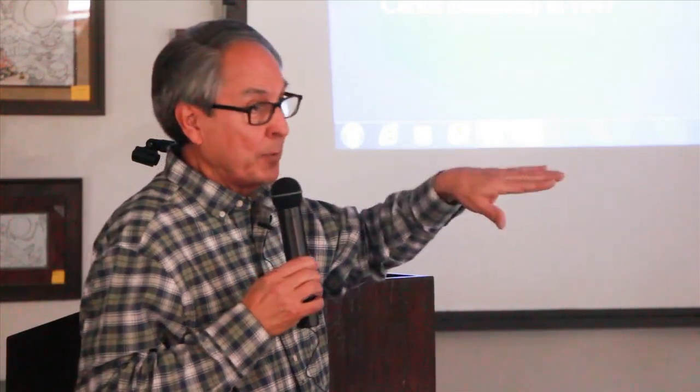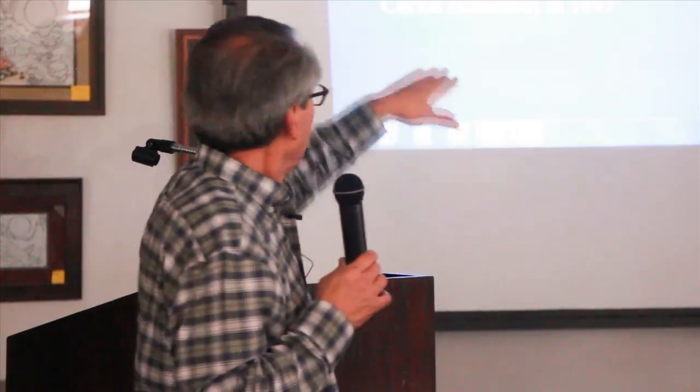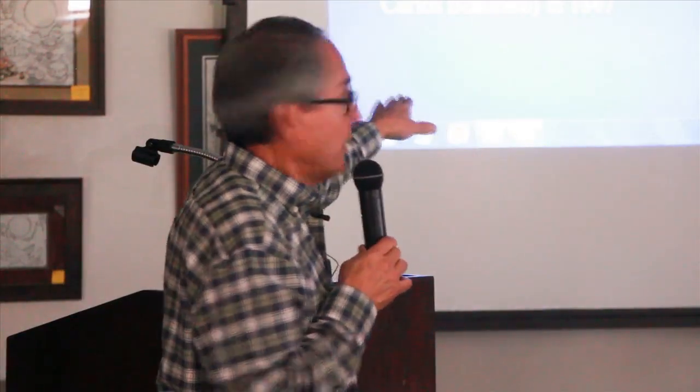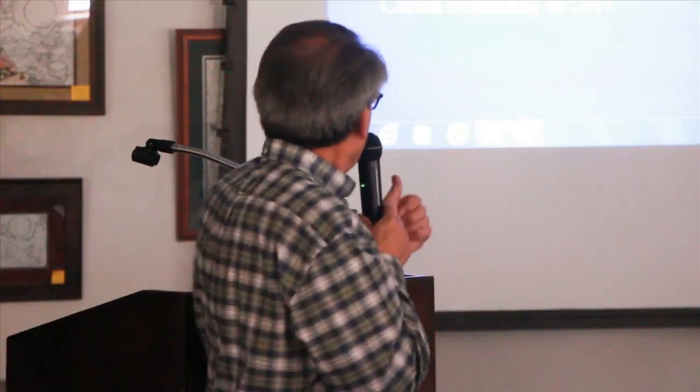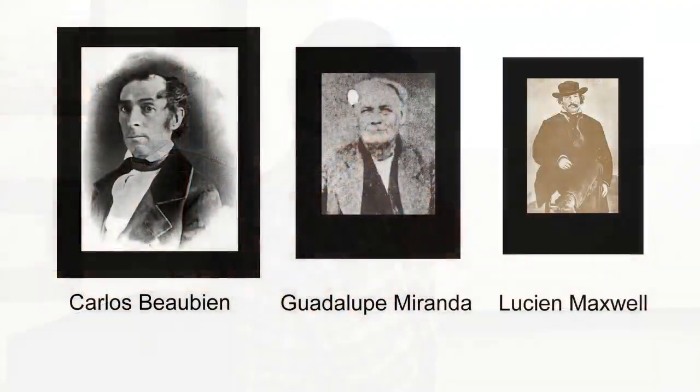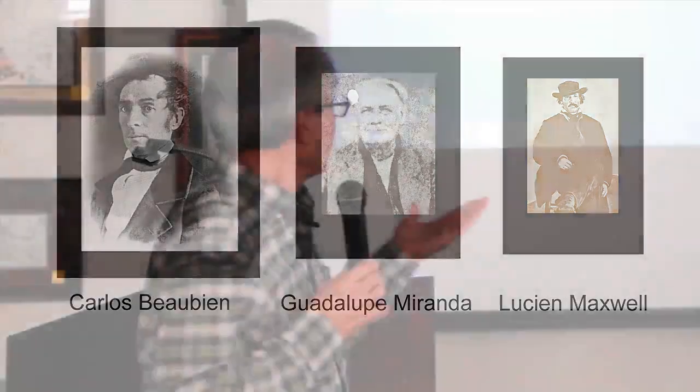So during or after the revolt, those 2 people got killed. So Beaubien could not be an owner of 2 land grants, and he sold it for pennies to his son-in-law, Lucien Maxwell. Some of you have connections to Lucien Maxwell from the Mora area. He took it over in 1847, and that's why it became the Maxwell land grant. And just to note, it was verified at its full size.